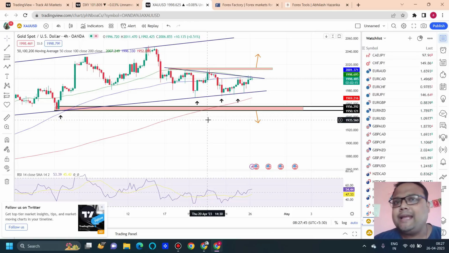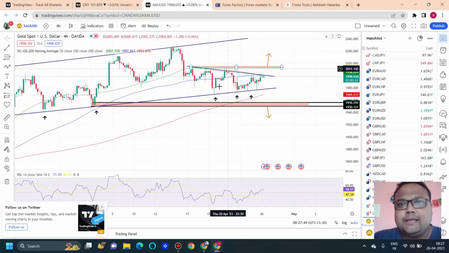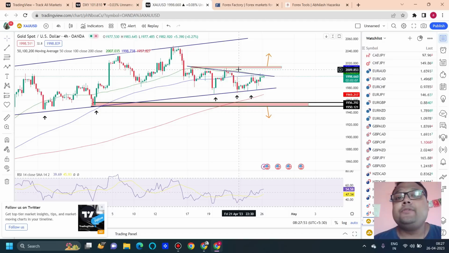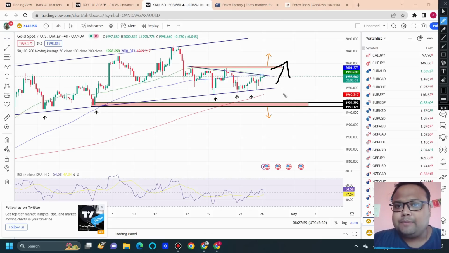I will not be recommending any levels today because the market is inside a symmetrical triangle pattern, and a symmetrical triangle pattern is a bilateral pattern, meaning there can be a breakout towards the upside as well as towards the downside. As a result, we need to wait for the right moment,